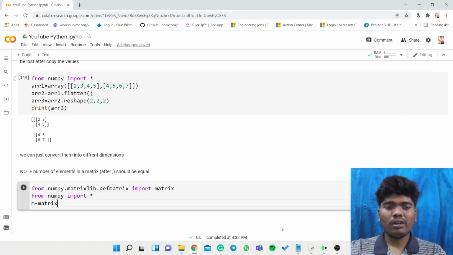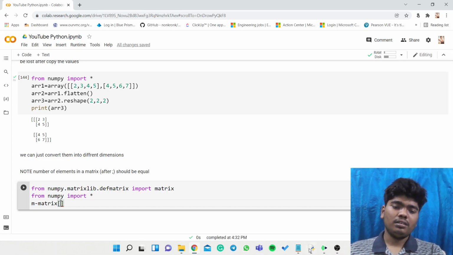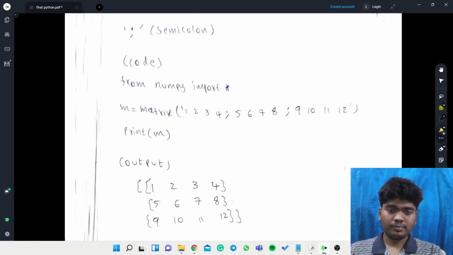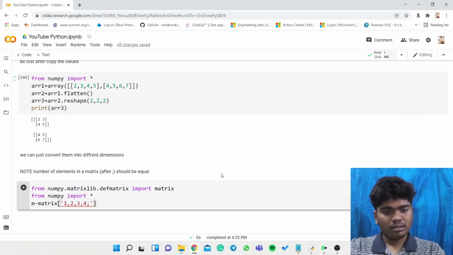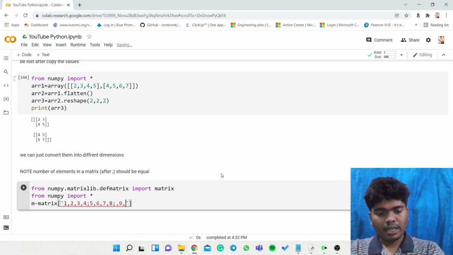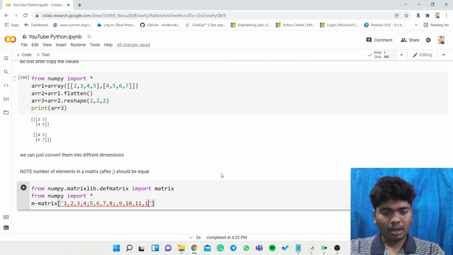Only in this Google Colab will that be involved, but normally I think this is fine. NumPy is totally fine, but in Google Colab it is involving the matrix of. Now I will involve the elements 1, 2, 3, 4 with a semicolon, 5, 6, 7, 8 with 4 elements, and then 9, 10, 11, 12.